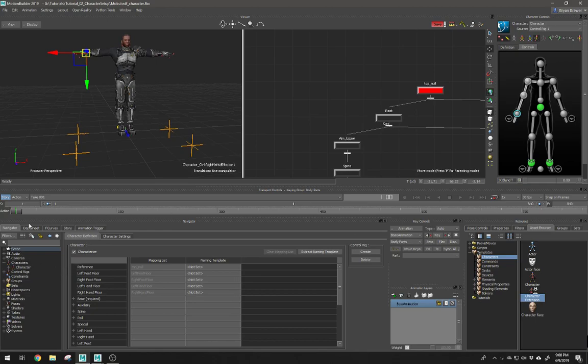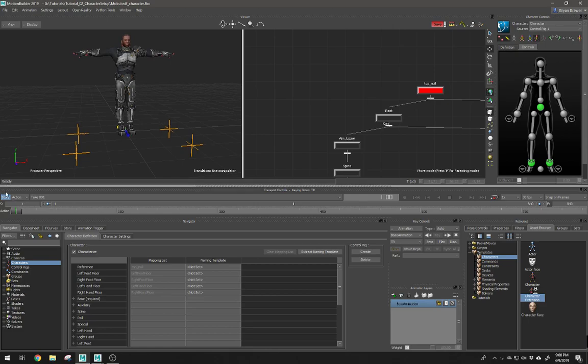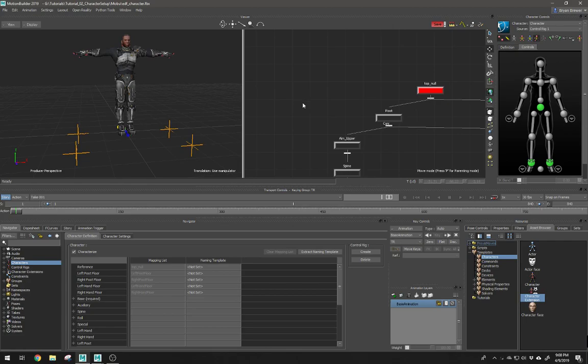Another way to do it is over here. Oh, they don't have it in here. Our MotionBuilder 2019 is a little bit different. All right, so I'm just going to drag a character extension. I'm going to drag it up in here somewhere, and it's going to create this character extensions,